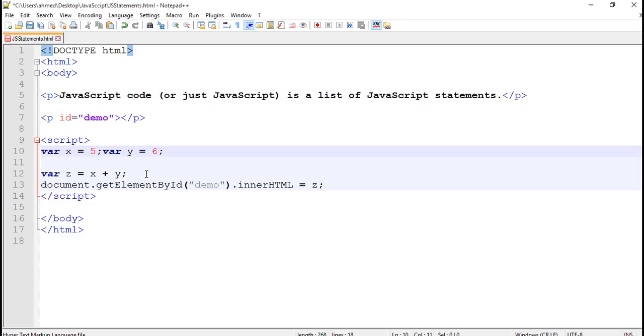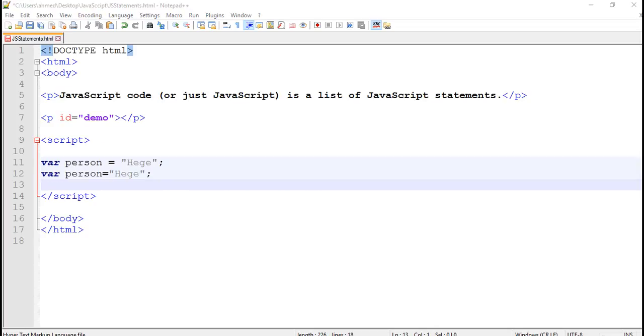So the statement x is equal to 5 ended here, and now we can write another statement right after it. The semicolon tells where we want to terminate our statement. It makes our program more readable, and I think it is compulsory.